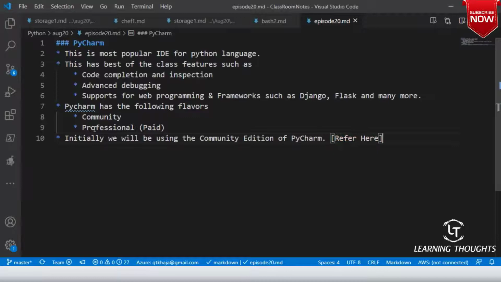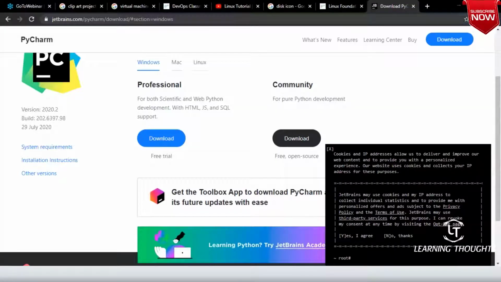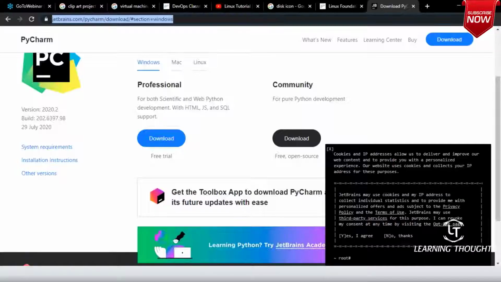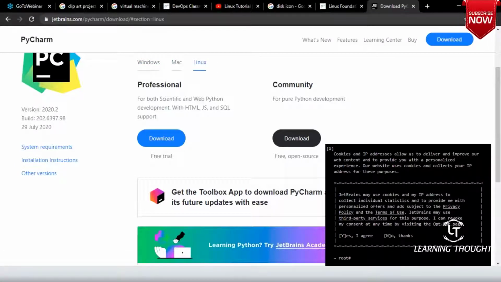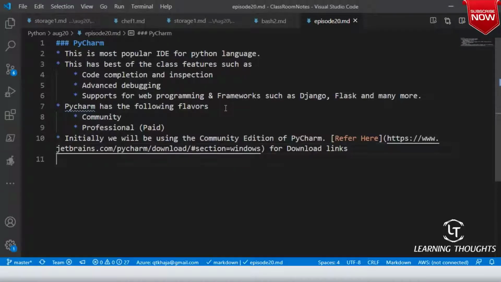Refer here for download links. If you are using a Mac or a Linux machine also, you can install this stuff. Am I clear on this? For installation instructions, refer here.